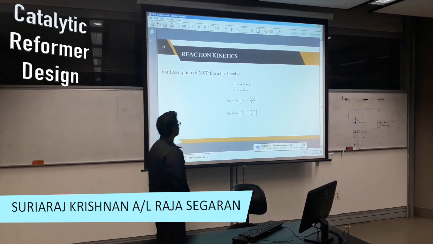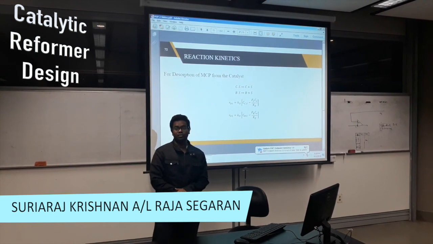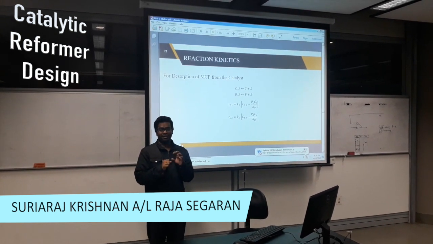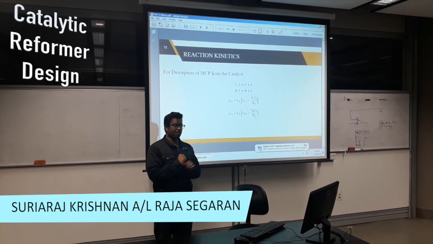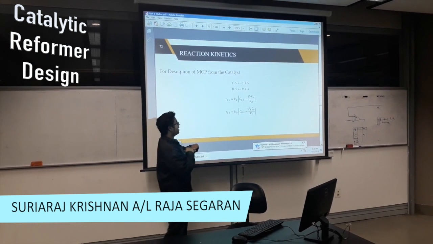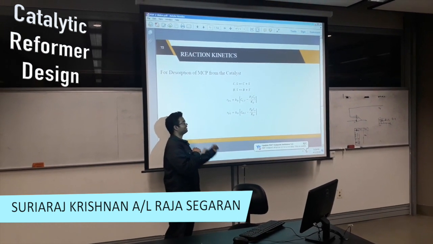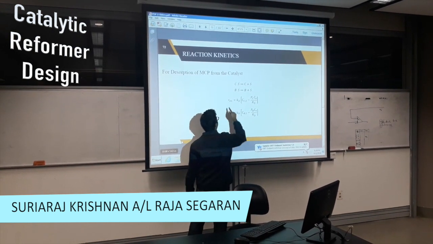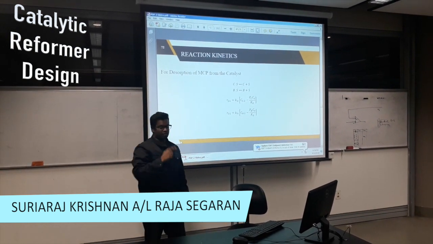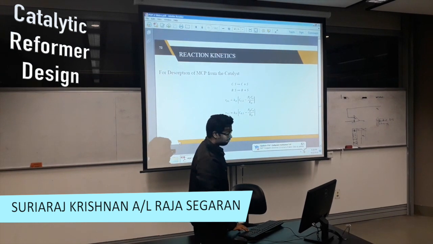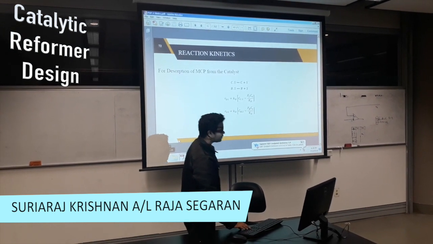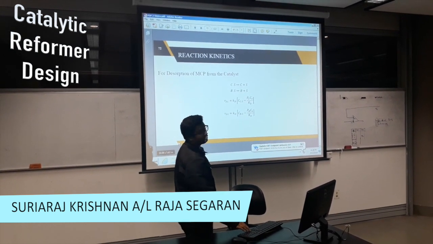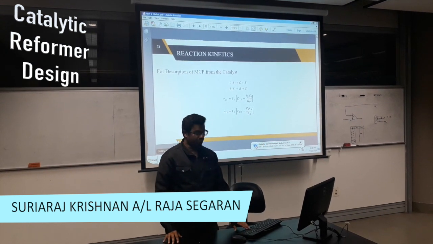Next is the desorption of the MCP and also hydrogen from the catalyst site. This is given by the two equations, and these are the two rate laws. From the literature, we find that the rate determining step, or the slowest step among these three main reactions,